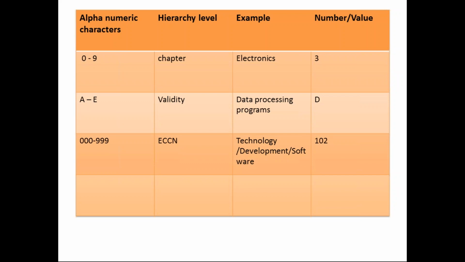See, for example, when you are exporting from the US, even if it is going to China or Korea, whatever the country, it should first hit the customs office of the US. So there it will be common. There they will identify whether the material is classified or not. As per the customs of the US, it should have the 5 characters. They will see whether they have the 5 characters or not. Then later, if you are exporting from the US to Korea, they will identify with this number whether a license is required or not.